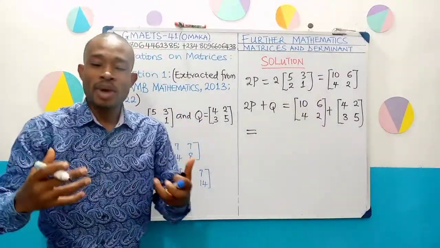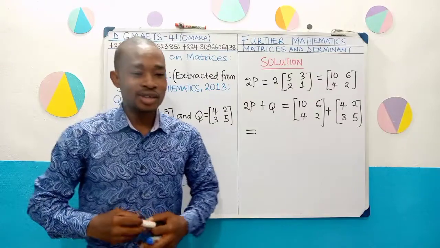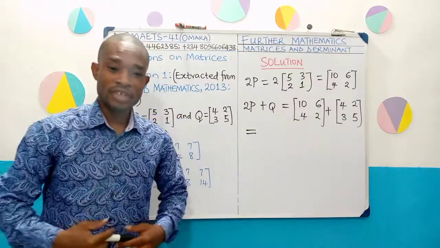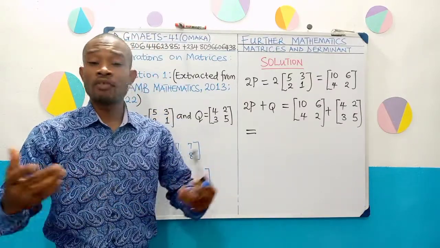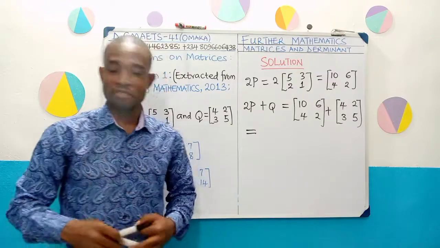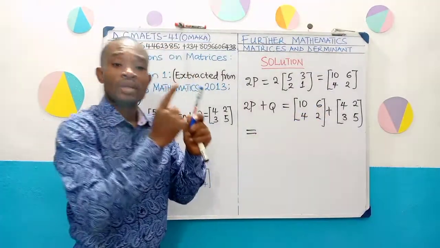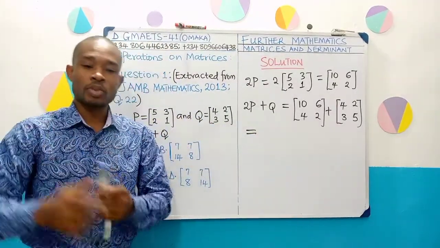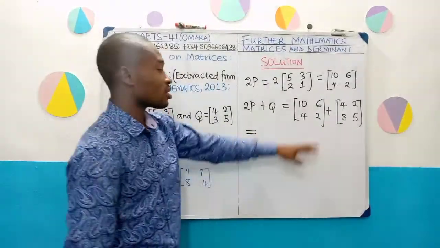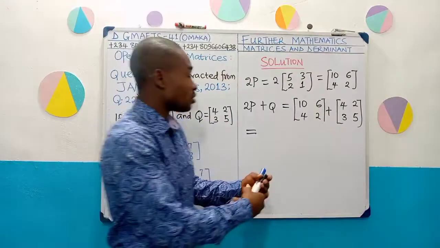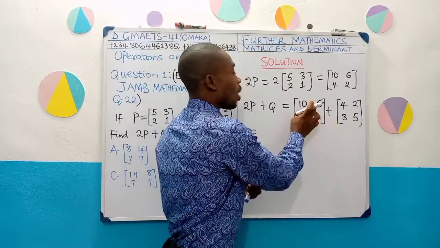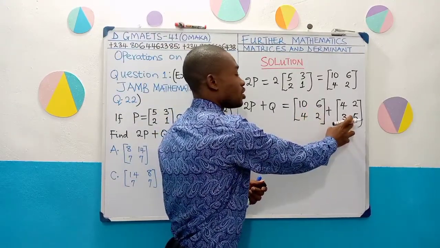So let us add up these matrices and see what we're going to get. How do you add matrices? From our previous video, I already explained all of this: addition, subtraction, and multiplication of matrices. For us to add these matrices, we are going to pick corresponding elements to corresponding elements. What do I mean by that? Come to the first matrix. The element in row 1, column 1 of this matrix is added to the element in row 1, column 1